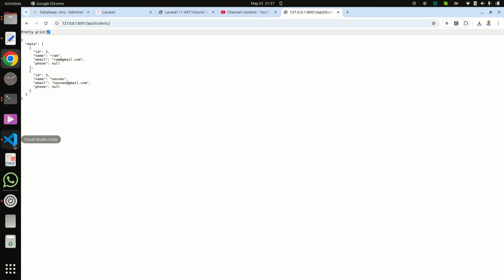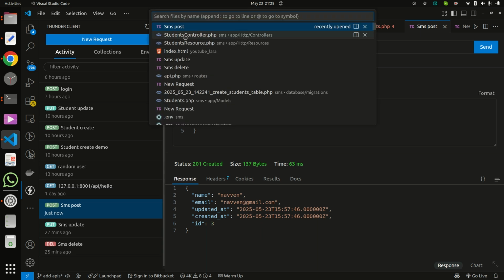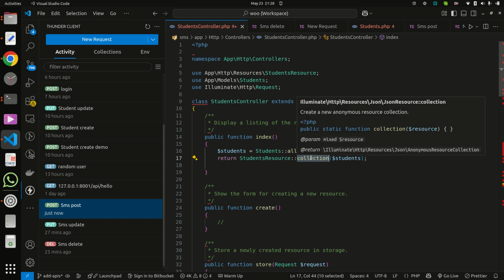And now if you check, inside that we are using the simple collection method here.